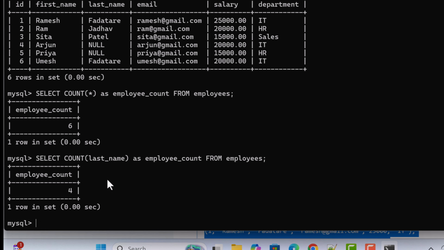Hit enter, and here you can see the count 4. So if you look at the last name column, there are 4 non-null values, 1 2 3 4. So that is what you can see the count over here. So this is how we use count aggregate function to count the number of rows that does not have a